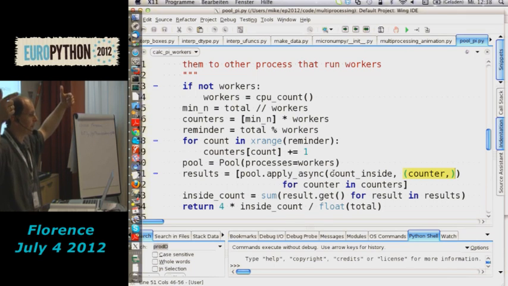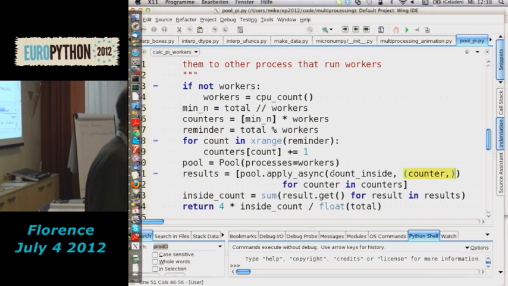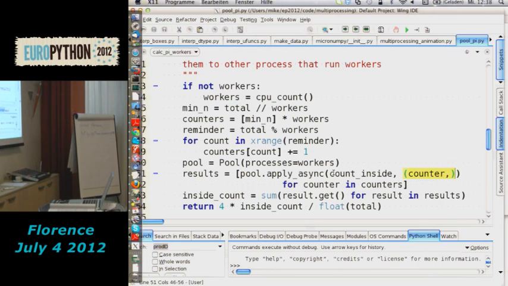Asynchronous. So I just call the function, but it does not block, does not wait for the result. That's very important. Otherwise, if you call one after the other, then you don't gain anything because you block. This is asynchronous and makes things much easier. You don't have to bother about queues and processes. You just can go and call